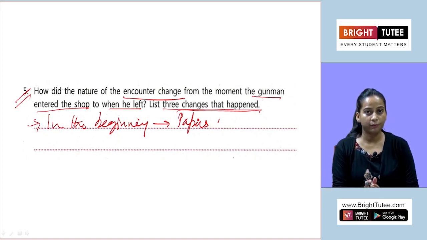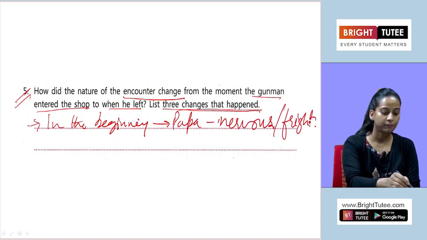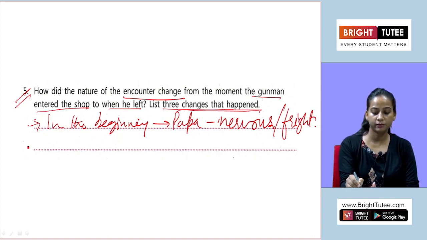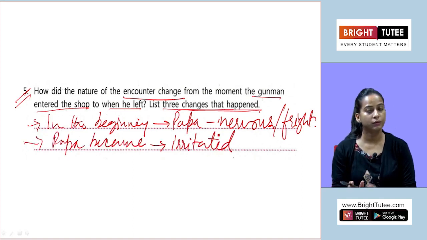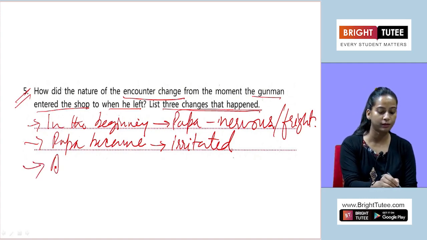But later on what happened, when again and again the gunman was asking to open up the safe, Papa became irritated. Also when he asked him to try on his own to open up the safe, and finally when the gunman tried, at first try he was able to open it. Later on we can also mention that an argument started